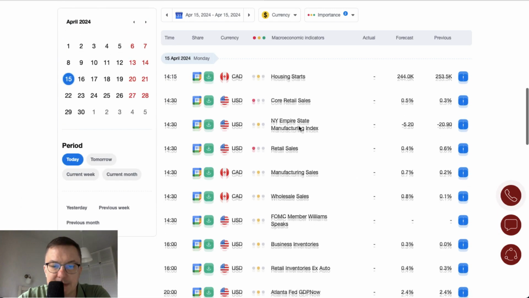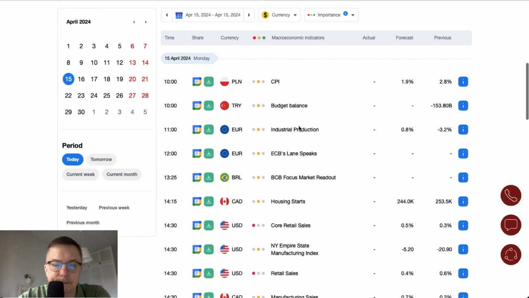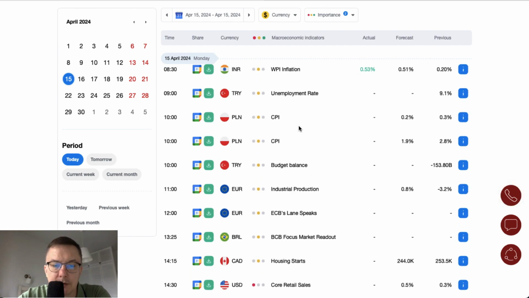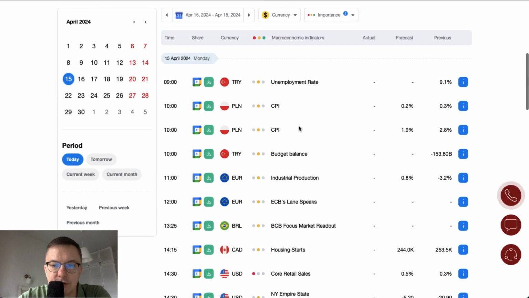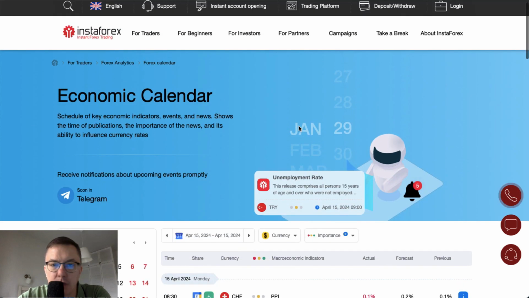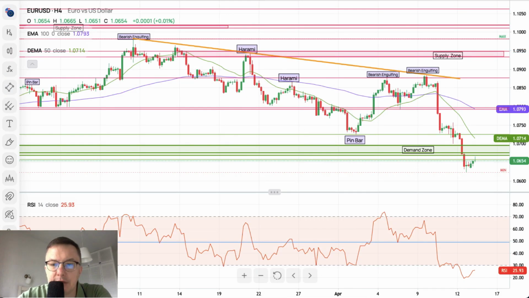So quite busy day, especially the New York session. Not too many data releases during the London session. So let's just do the analysis of the majors to see what is going on at the beginning of the new trading week. We start with the euro dollar, which is now trading below the demand zone, located at